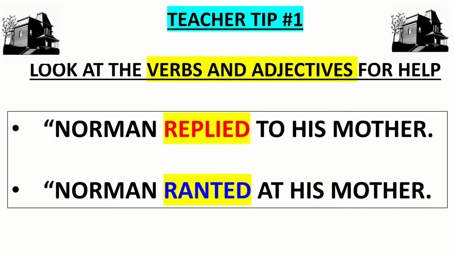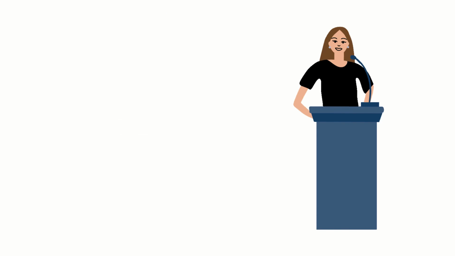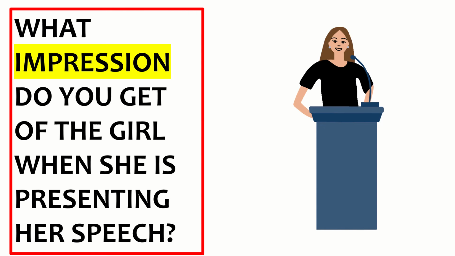His name's Norman Bates. If we were looking at these two quotes, we're probably not going to say a hell of a lot about the first one, because "replied" is quite an objective word. It's not particularly passionate, and doesn't really stand out. But "ranted", we may be zooming in on that, and that would maybe tell us that Norman is feeling aggressive or angry at his mother. So let's do some simple examples first.